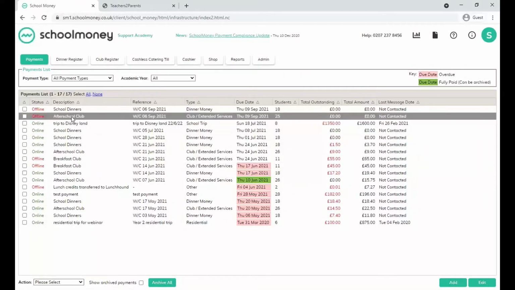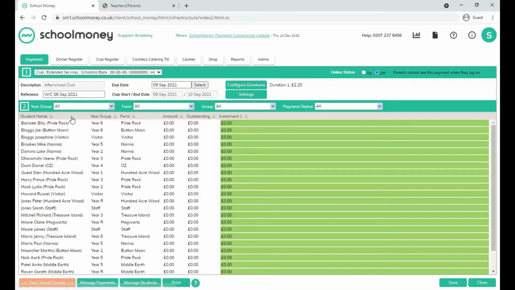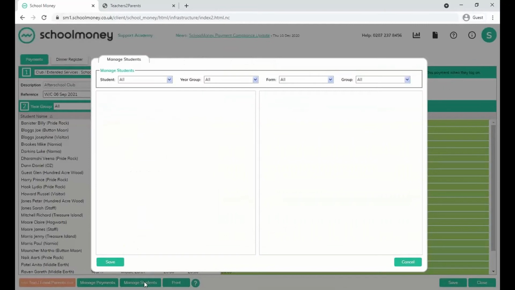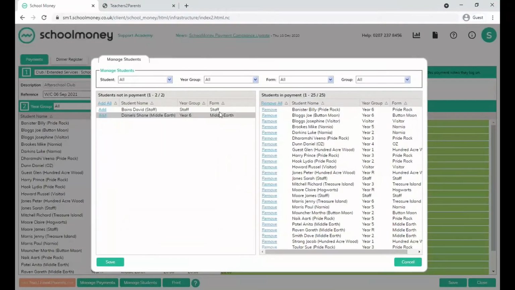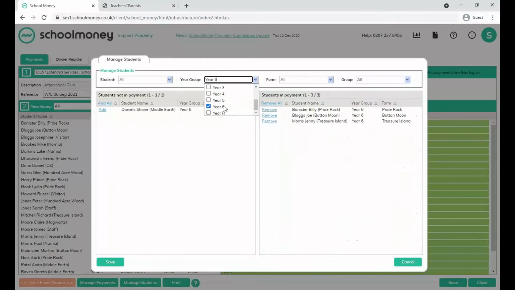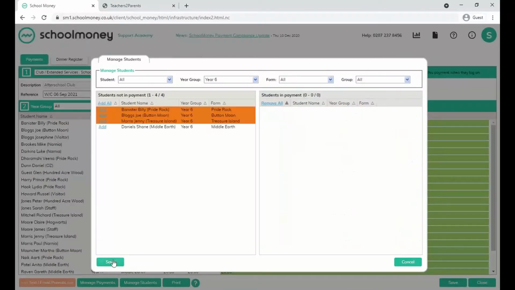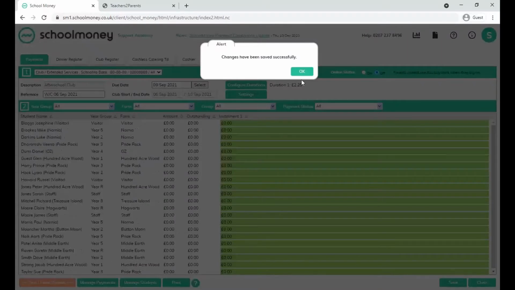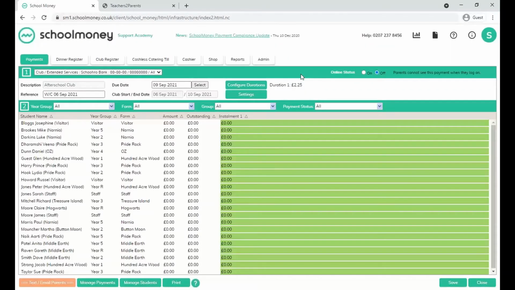Again, if we double click into this payment, you need to go to manage students in the bottom left. Again, any children that are on the left-hand side are not included in the register, but the ones on the right are included. So remove your year sixes if they are leaving. So change the year group to year 6. Remove all and save. But again, in September, once you've admitted your new starters, you will need to come back